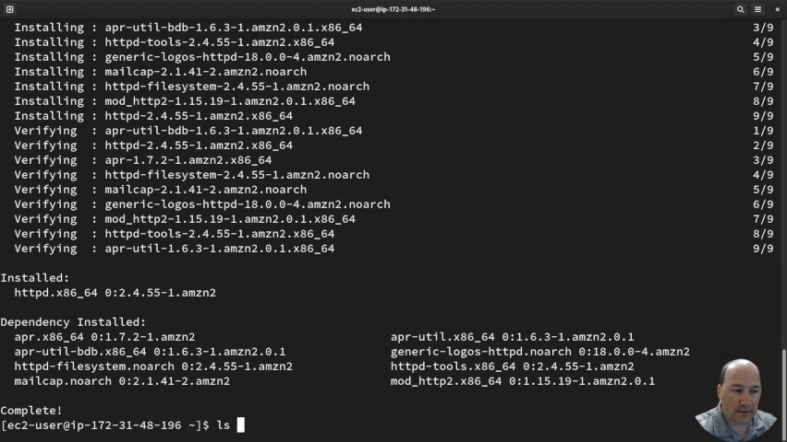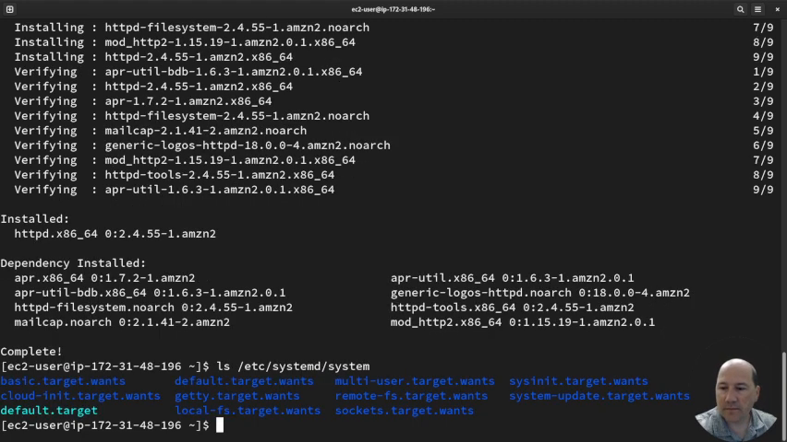Let's do ls /etc/systemd/system. Okay, so we see these different targets. I can't remember which one Apache was in, but let's install. Let's enable it. So sudo